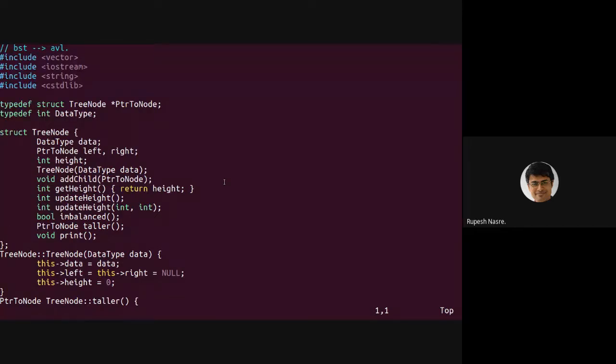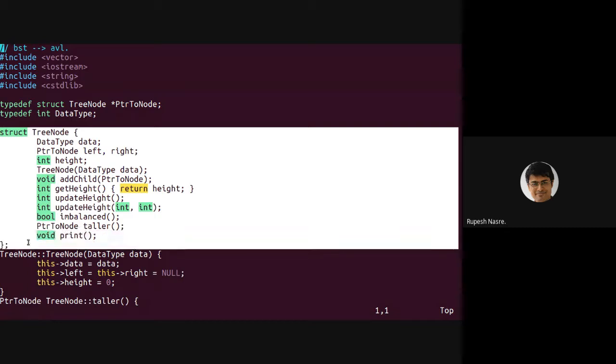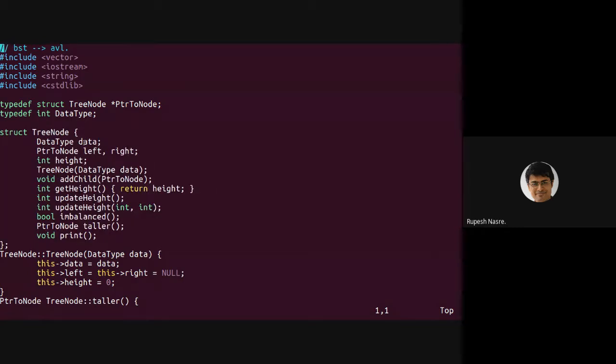Okay, so similar to BST, this code is derived from BST code. Whatever we have done in case of BST is all going to be included in the code. In addition, there will be some code which takes care of height balancing. Therefore, we require a tree node, which is going to have some data. In this case, our data type is int, which is comparable. Comparable meaning two instances of that data type can be compared and ordered. We have the left and the right pointers.